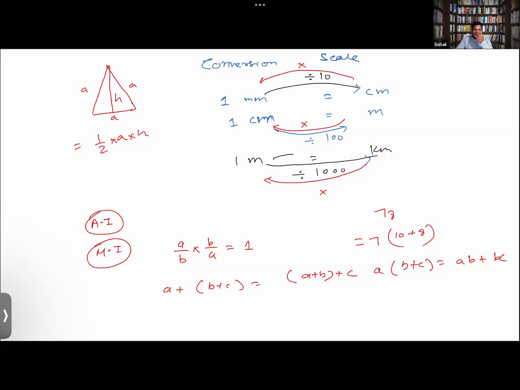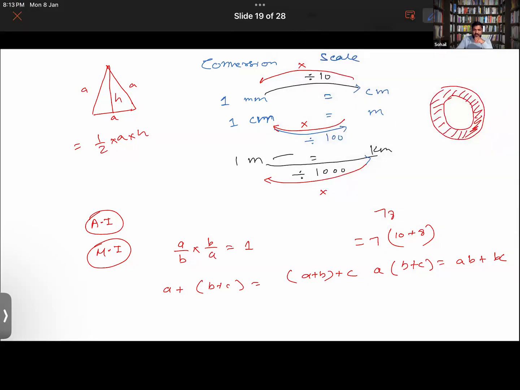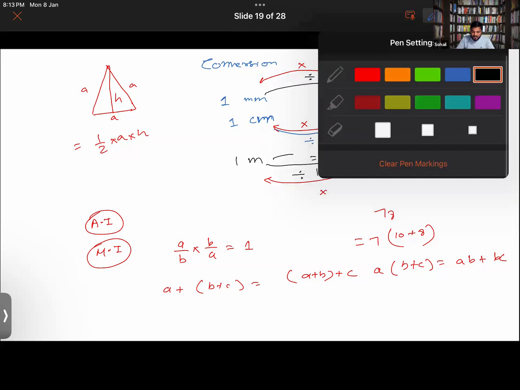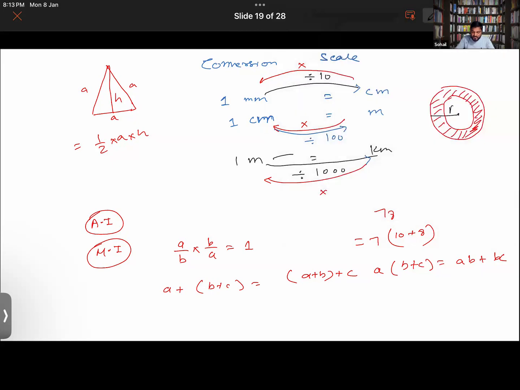Say if you were to have a hollow ring. Now you are required to find the area of this hollow ring. So whoever knows can answer this one. How do you find the area of this hollow ring? I have told this thing in the class. First of all, let me give you a hint. There will be two R's here, the bigger R and the smaller R. There is an outer radius and an inner radius here. Bigger radius, smaller radius. How do you find the area of the ring?